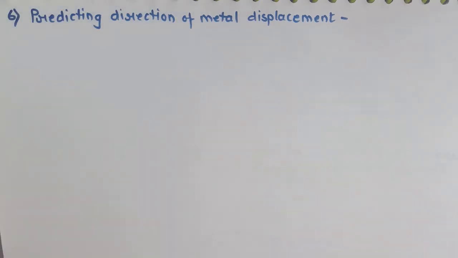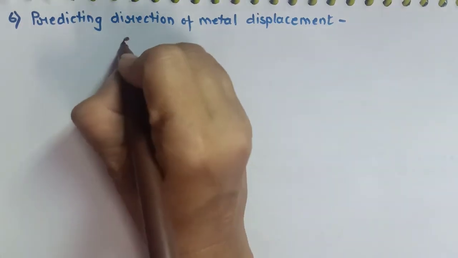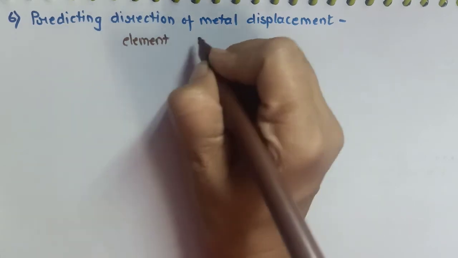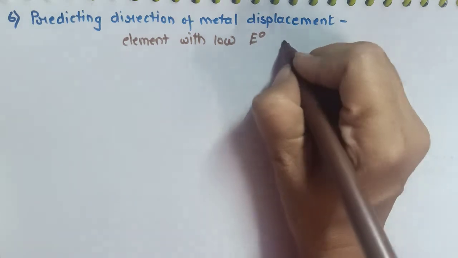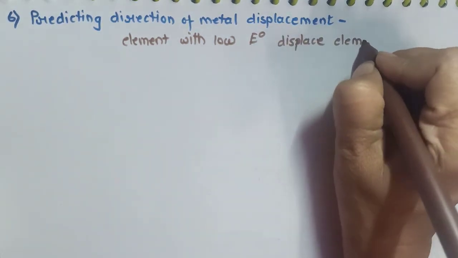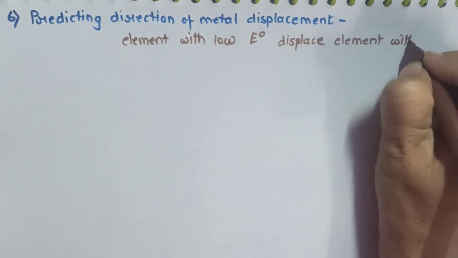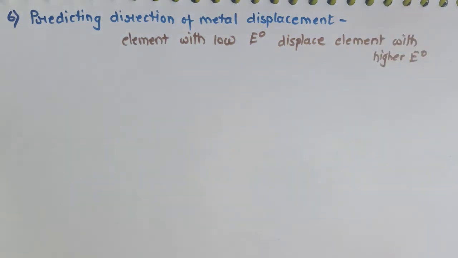The last application is that the electrochemical series is used to find out whether a given metal will be able to displace another metal from its aqueous salt solution or not. For this you have to remember one very basic concept. The element with low E naught value or lower SRP will displace the element with higher SRP value or with higher E naught. For example,